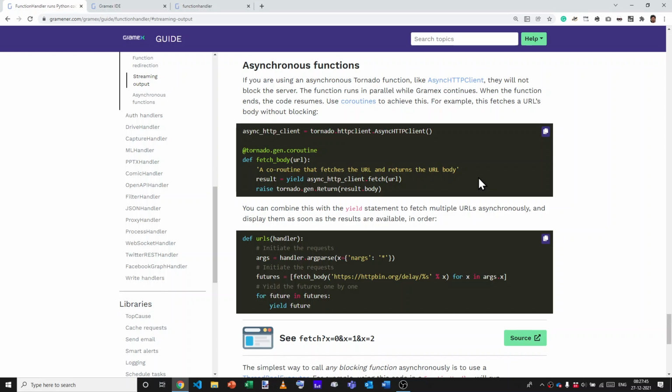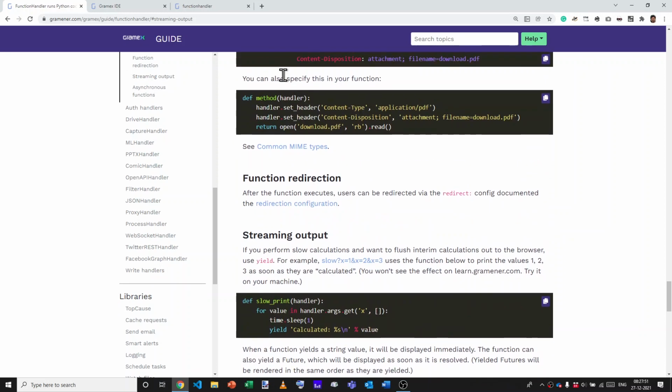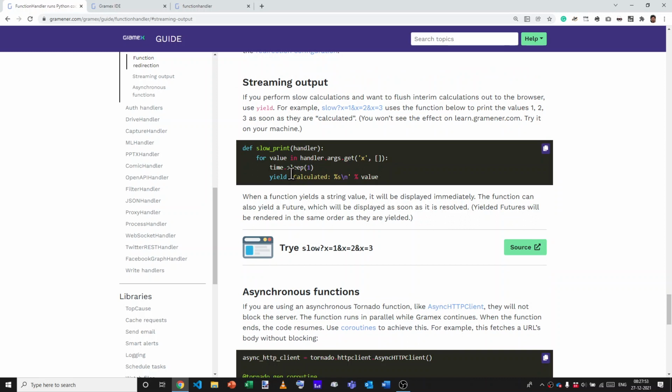Let's talk about asynchronous functions. In Function Handler, when you run a function that takes a long time, even if you're using streaming output to steadily yield it, the function is blocking. That is, that instance of Gramex can't serve any other request, and you'll have to create multiple instances of Gramex